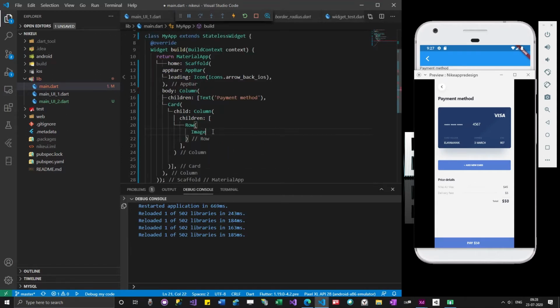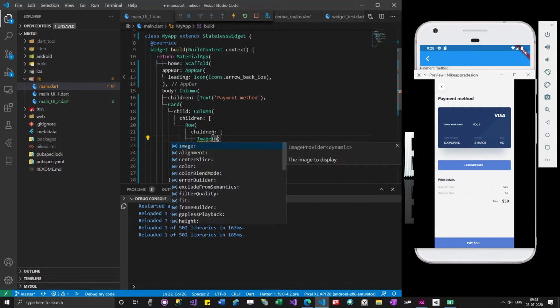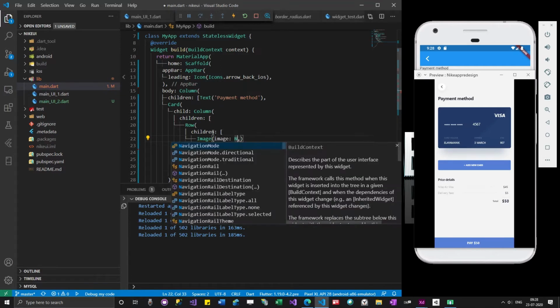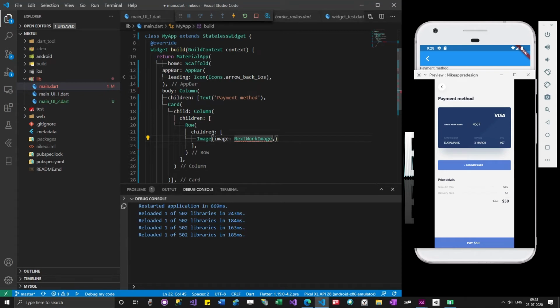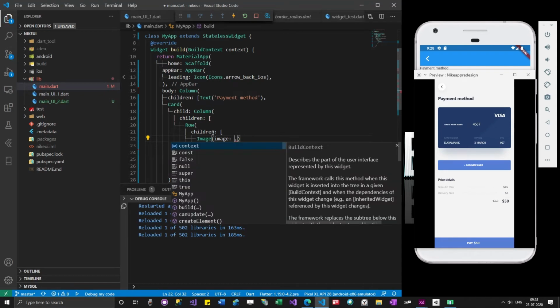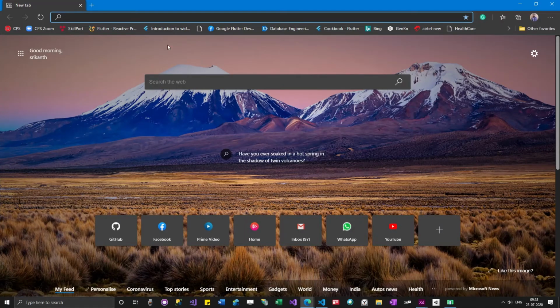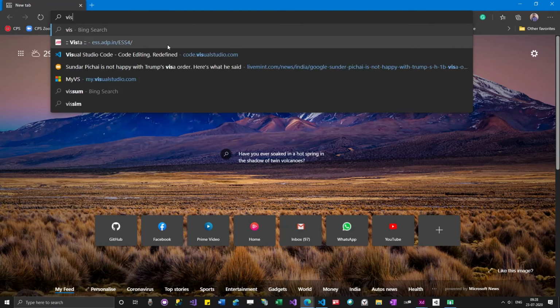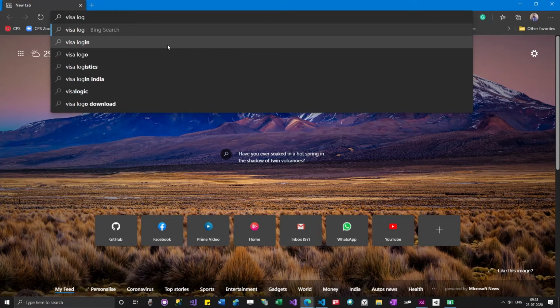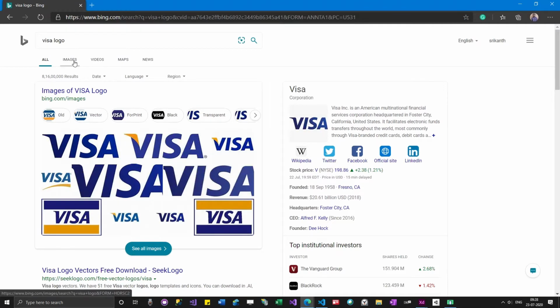Image.network, children, Image.network. So I'll get the Visa logo from the internet.